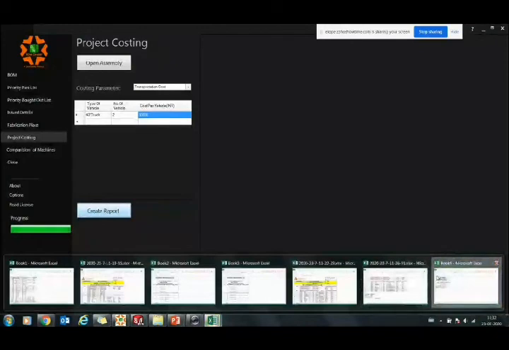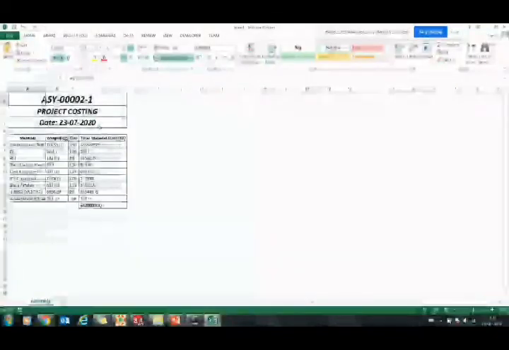As soon as I click, I get the complete fabrication cost, engineering cost, packing cost, and last the transportation cost and the total project cost. So now I can quickly calculate the budget of my project in less than a minute, right? We can quickly quote to our prospects or customers, or we can even make a project budget out of it if we want to.